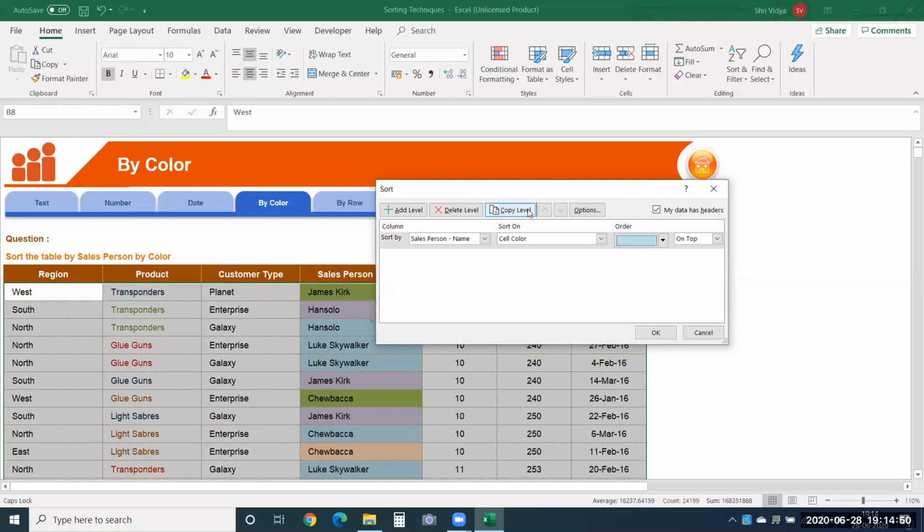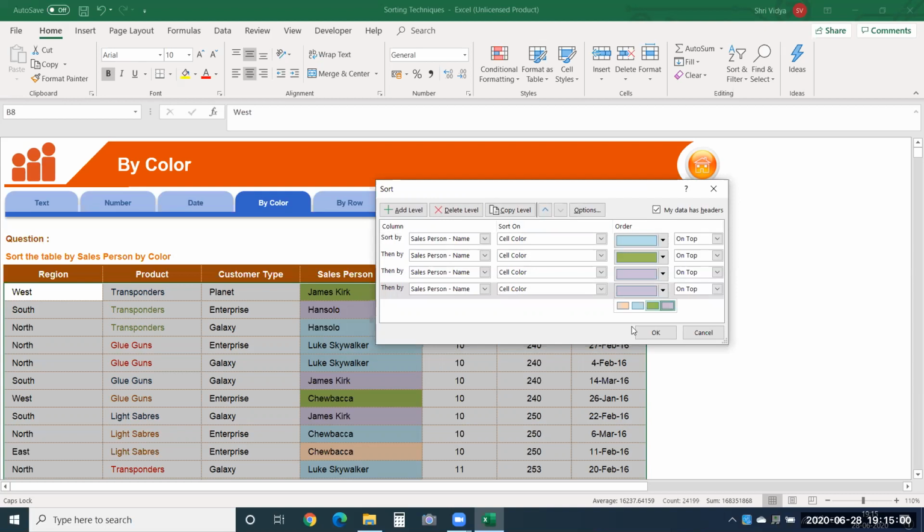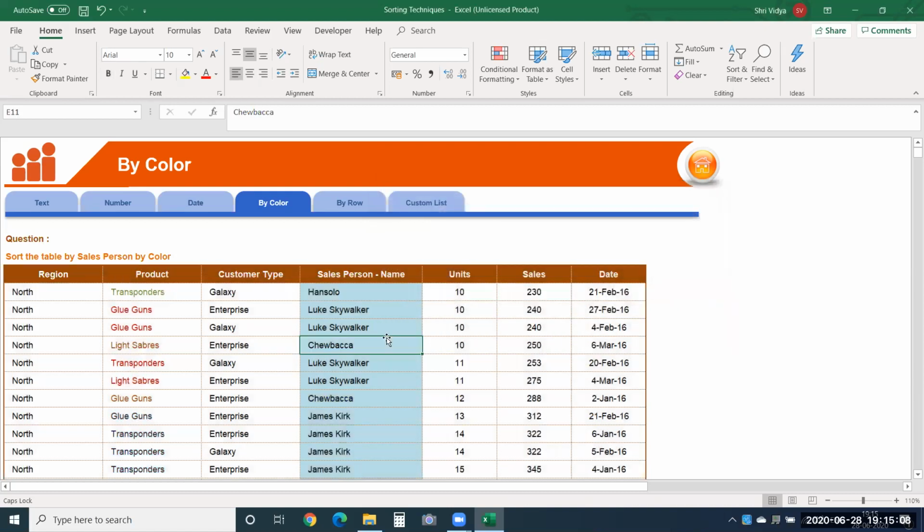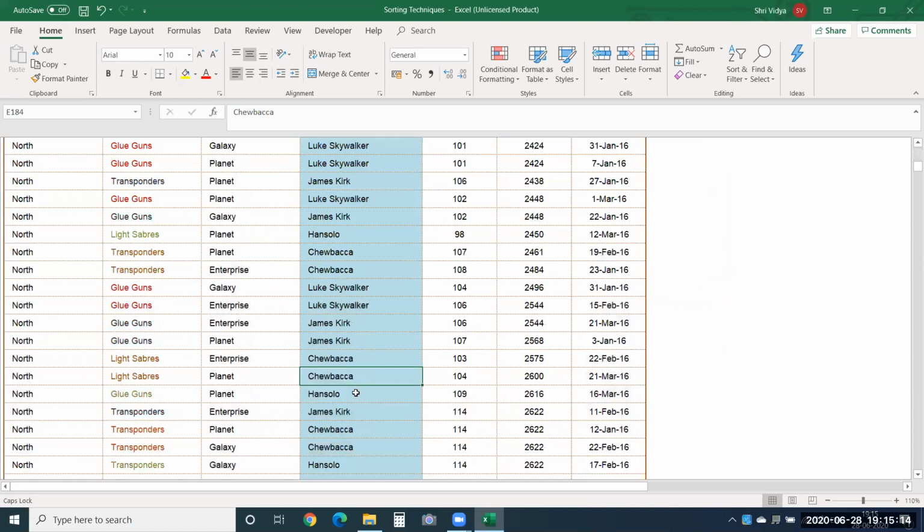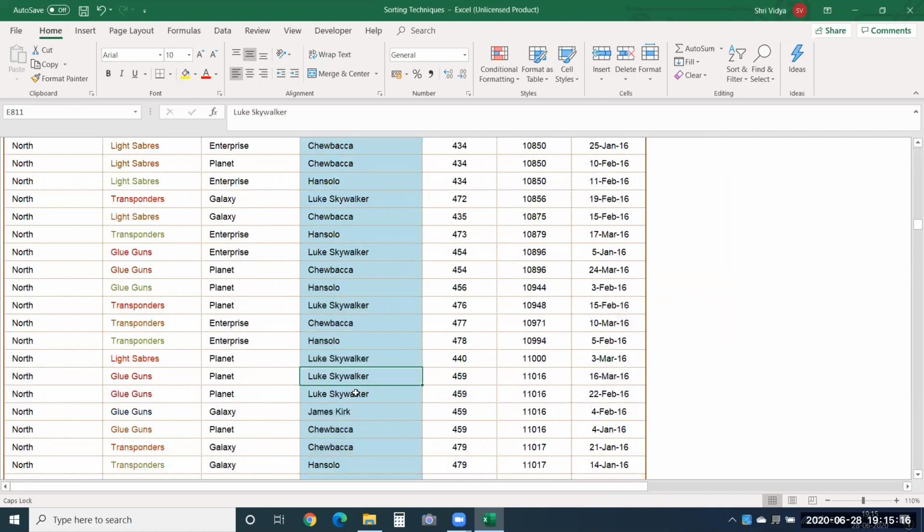Next, you will follow the same thing that we did for font colors. You're just going to list out all of them. If you wish to see only a particular color, you can keep only that. Or if you want to arrange all colors, you will give the order and it will get arranged in that manner. Whatever order you provide, based on that, it is going to arrange the data here.